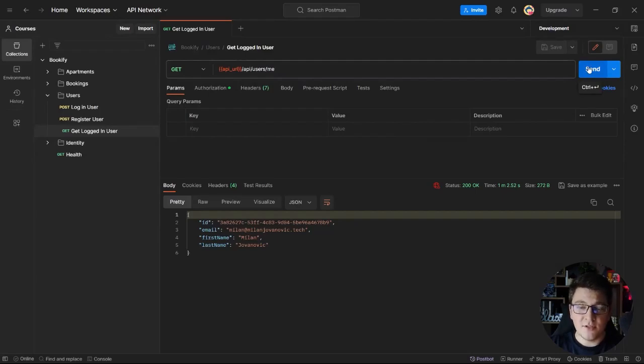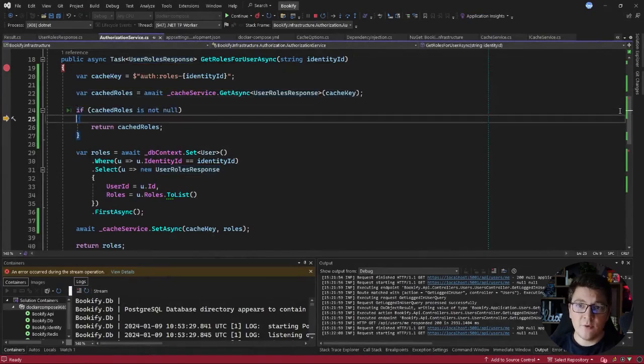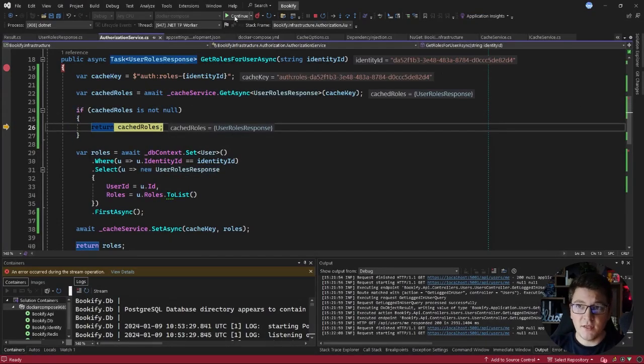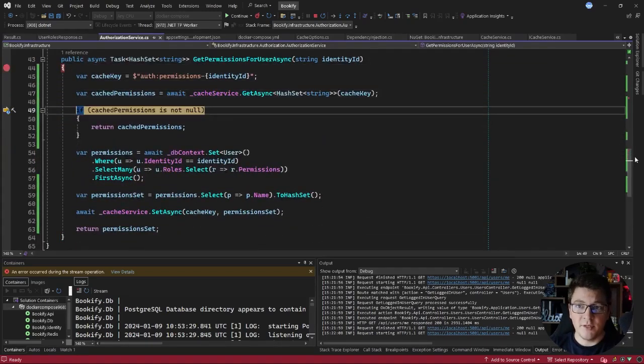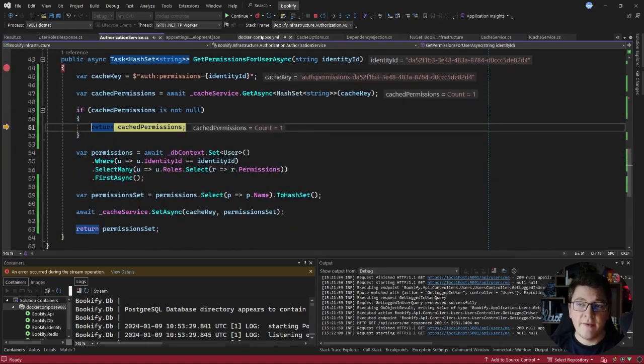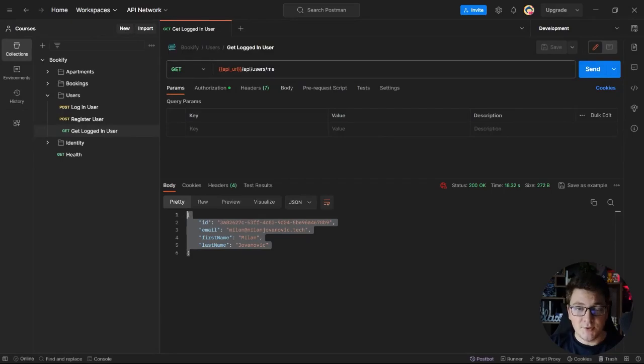And now if I send this request again, you'll see that we hit the same breakpoint, and this time we find the cached value present in Redis. If I hit continue, the same will also happen for our permissions. They will be present in the cache, and we don't have to execute an expensive database query, and we can return the response using the cached values. So this is how we can use caching to improve application performance, and I want to show you one more